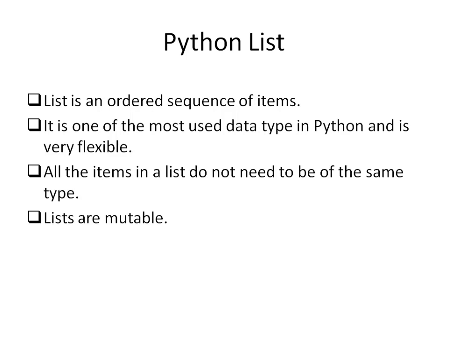Now all the items in the list do not need to be of the same type. The items in the list can be of the same type, but it is not necessary that all items would be of the same type. They can be of different types also. Lists are mutable. As I already told, lists are mutable.